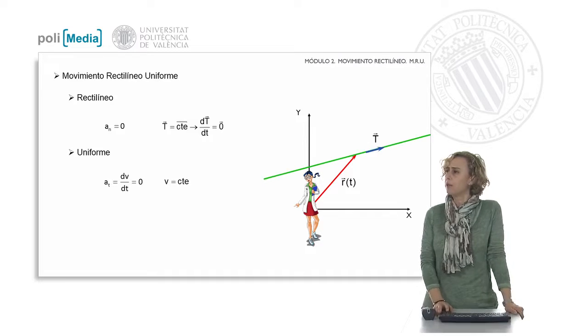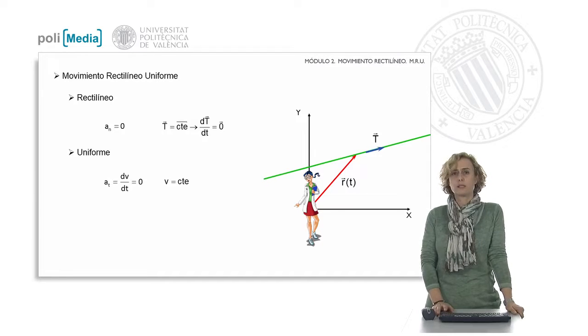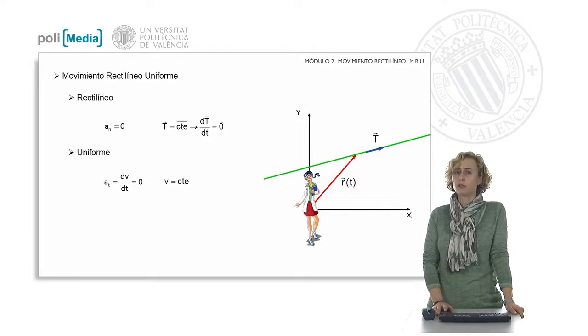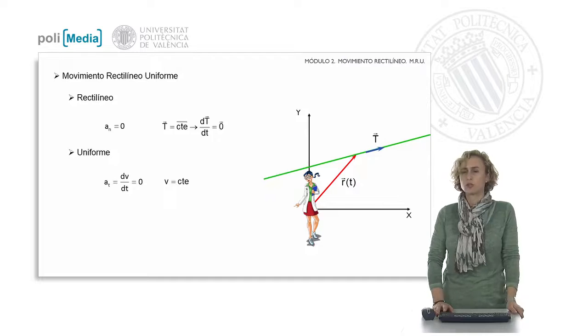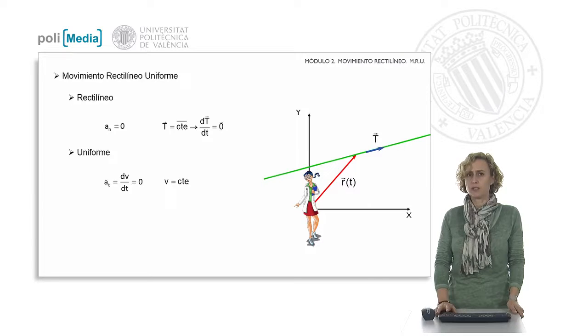Well, we are going to study the uniform rectilinear motion, which is the one that J has taken in this case. Due to its rectilinear nature, the normal acceleration is 0 since the tangent vector is constant. As it is uniform, the velocity remains constant, and therefore its derivative is 0, and the tangential acceleration is also 0. It must be taken into account that in this type of motion, the velocity is constant in magnitude, direction, and